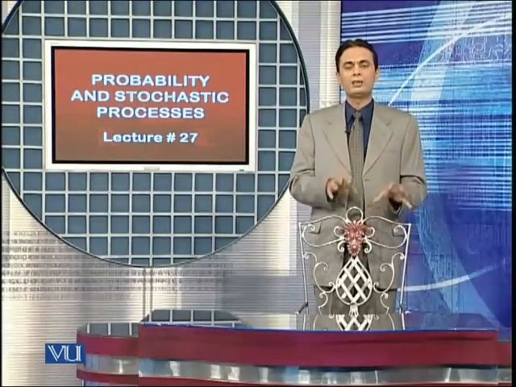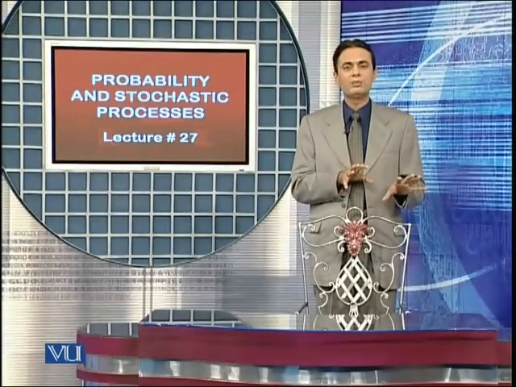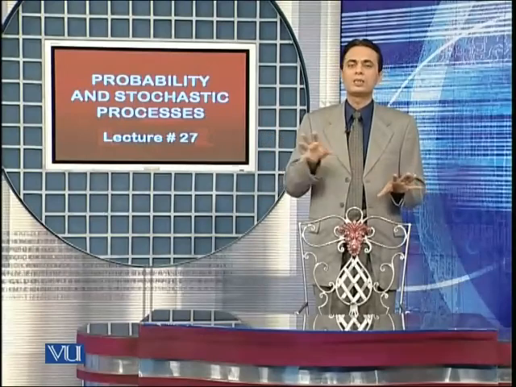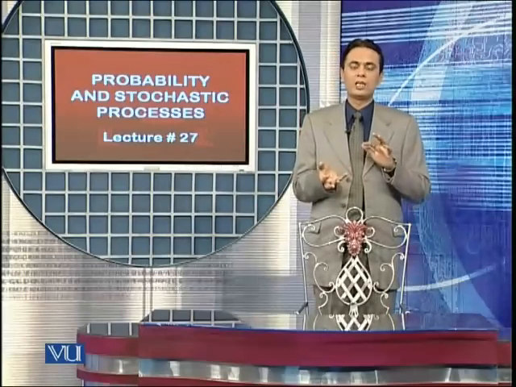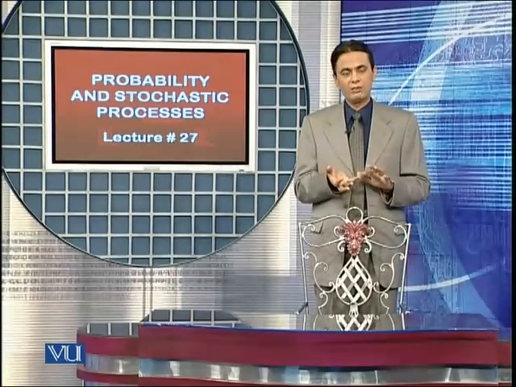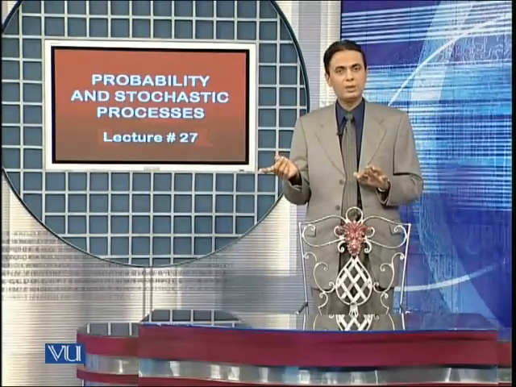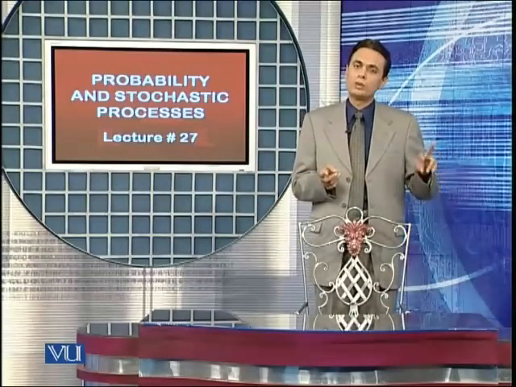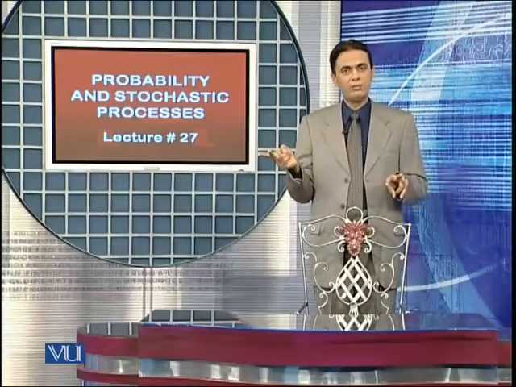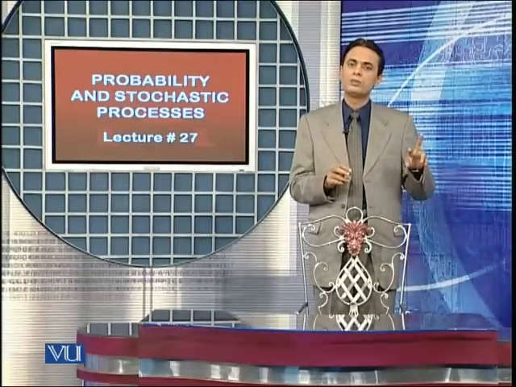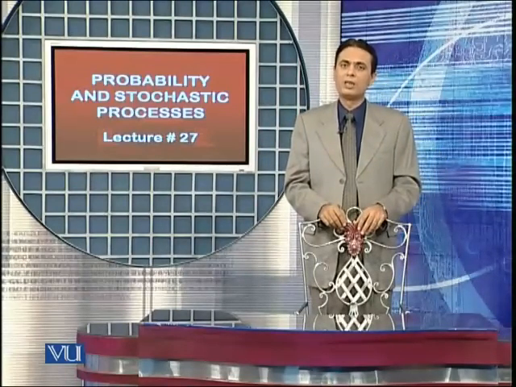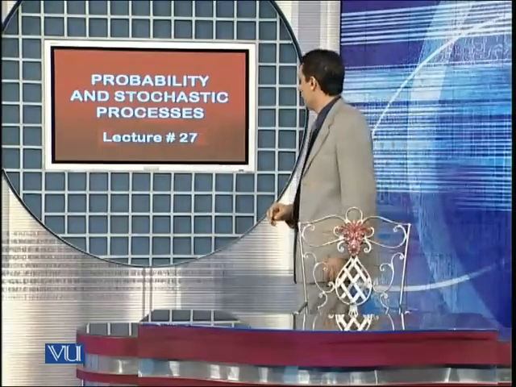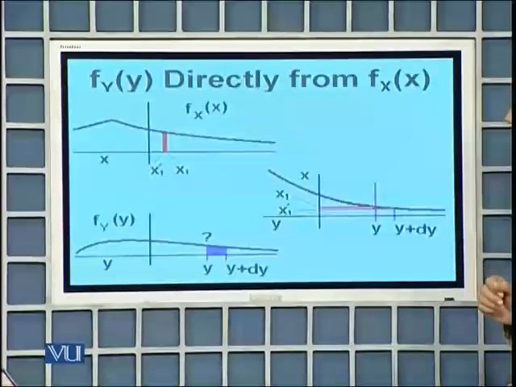Let's have a look at the relationship of underlying random variables, the transformed random variables, and the transforming functions as they are applied to the case of transformation of a scalar valued random variable to a scalar valued random variable, transformation of two underlying random variables to two derived random variables, and the transformation of two underlying random variables to a single scalar valued random variable. Let's have a look first at the transformation of a scalar valued random variable to another